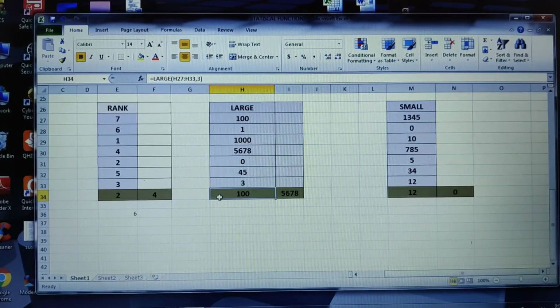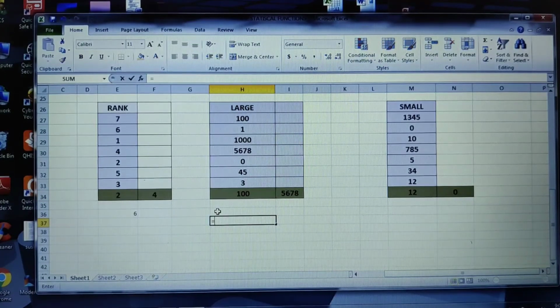When I specify like this, you can see the general syntax here is equals to large, array comma k. Array is nothing but your list of data set. So as per this, the list of data set is this. Select it, comma, specify the first or second largest element.